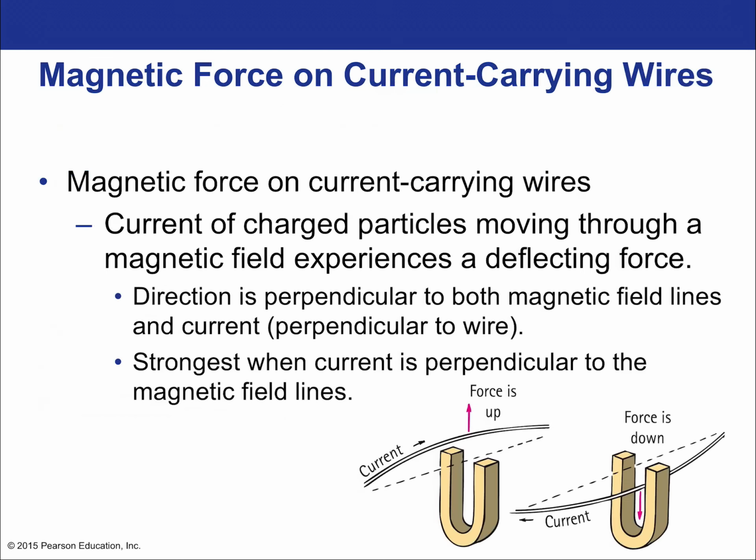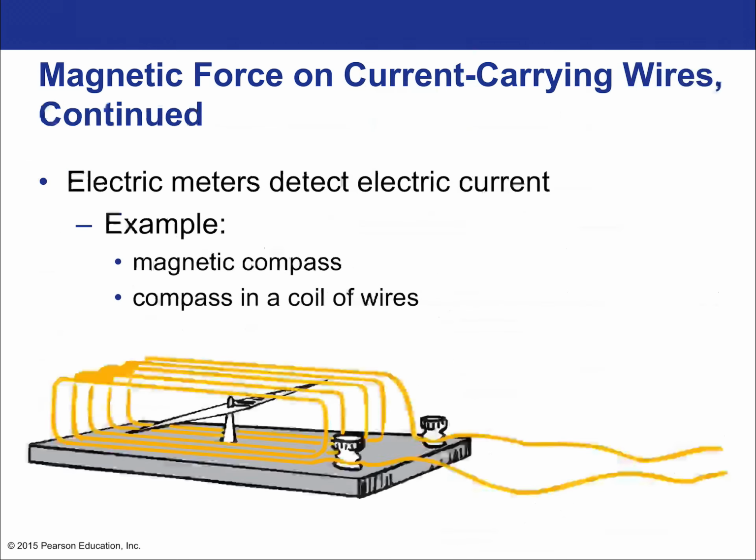So one manifestation of this force that is exerted on moving charges is visible on wires, because if there's a current running through the wire, there's a bunch of moving charges in that wire. Therefore, the wire itself will actually bend or buckle or be lifted in a direction that is consistent with the force from the magnetic field. So the current of charged particles moving through a magnetic field experiences a deflection force. The direction is perpendicular to both the magnetic field lines and the current, all right? The idea of being perpendicular to two things is the mathematical reality of magnetic forces. It's called the cross product in official mathematical terminology. So this deflection force is strongest when the current is perpendicular to the magnetic field. If it's parallel, there's no force at all.